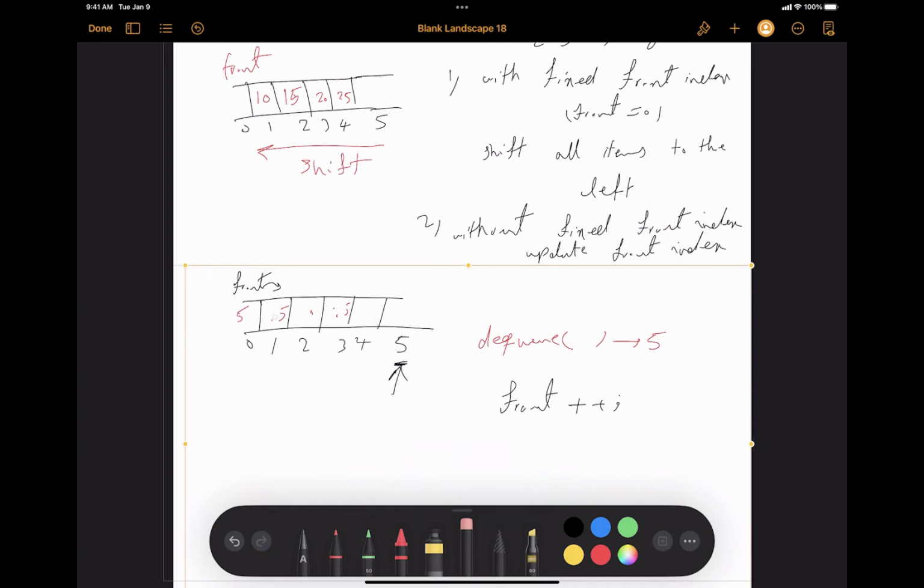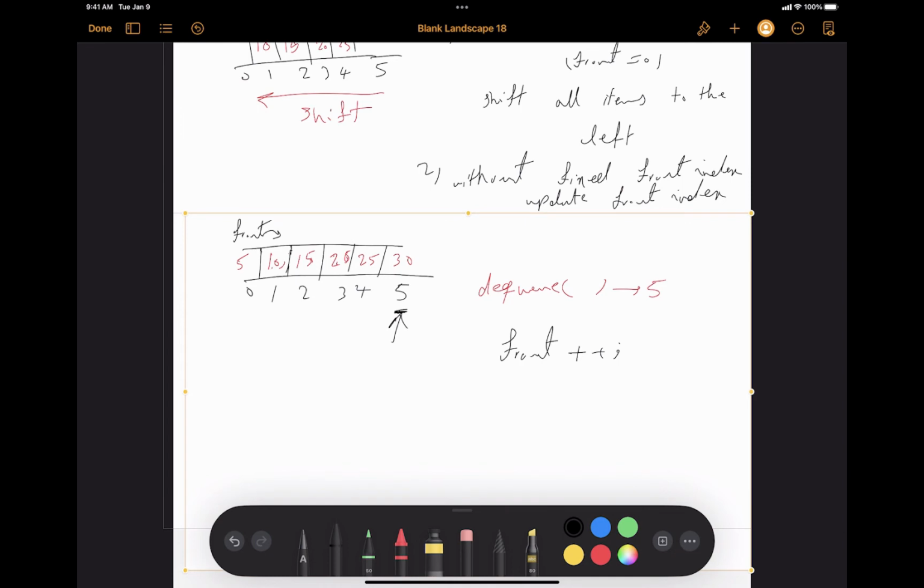Then we have a 10, so here's 10, 15, 20, and 25, and let's say we have number 30 here. So I'm going to see what can be the problem with having a dynamic index if we only just increase the front by 1. Dequeuing for the first time will remove number 5, and front index, I'm going to just use F, will be equal to 1. After that, what's going to happen if I call the dequeue one more time,